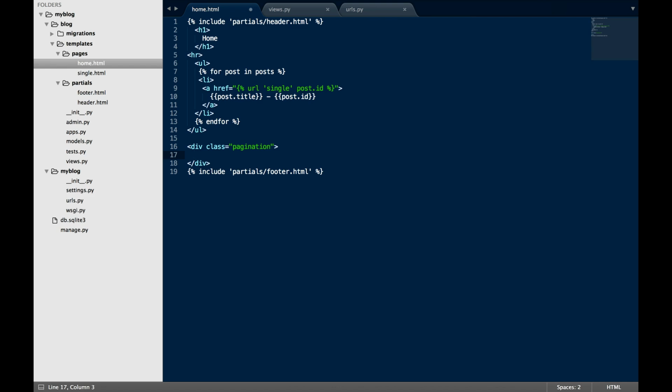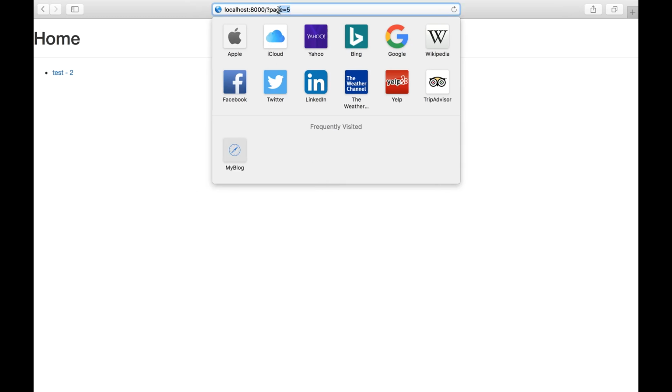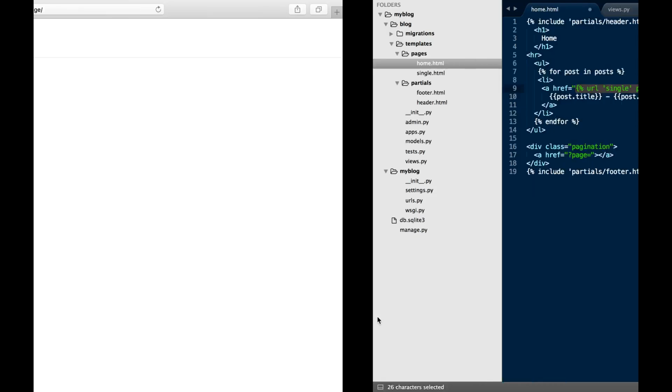So let's start with the next and previous posts. So I'm going to create an anchor tag for this. And then, as you may have guessed, we are just going to pull in the page variable there. Now, the reason that we aren't using this URL templating language function is because we don't want to pull in the absolute path of the website, but rather we just want to append something to the URL. So regardless of what else is in here, we always just want to say page equal to 5, because it may well be a different URL that we are working with. So